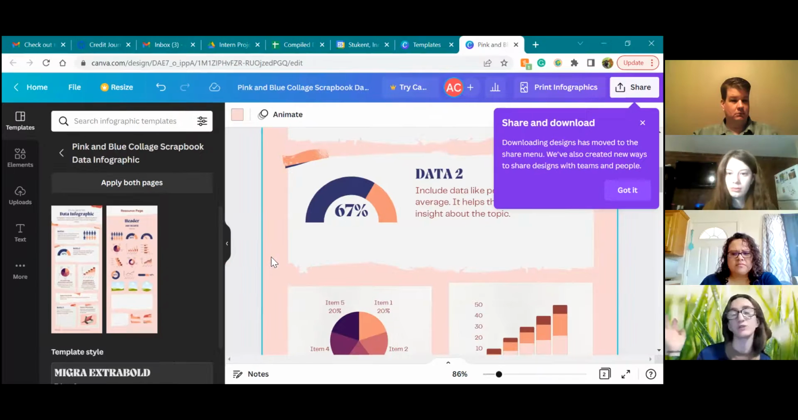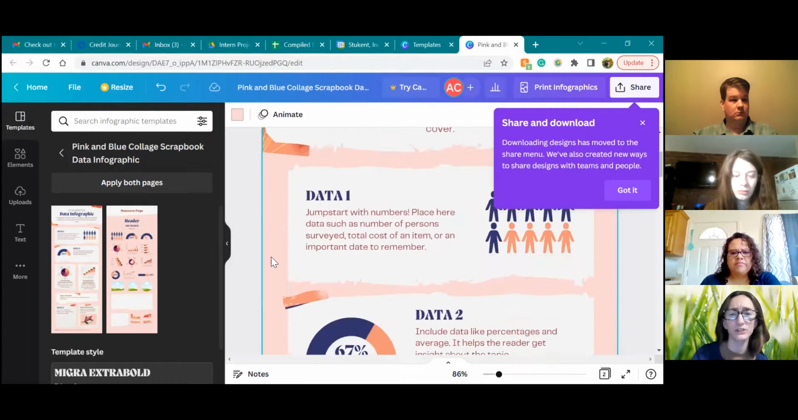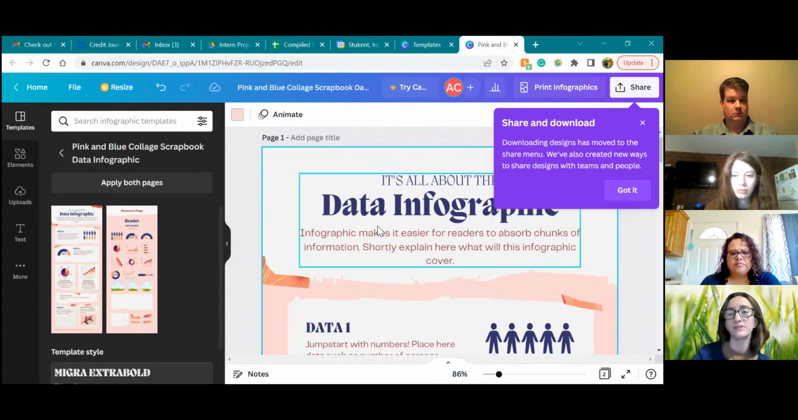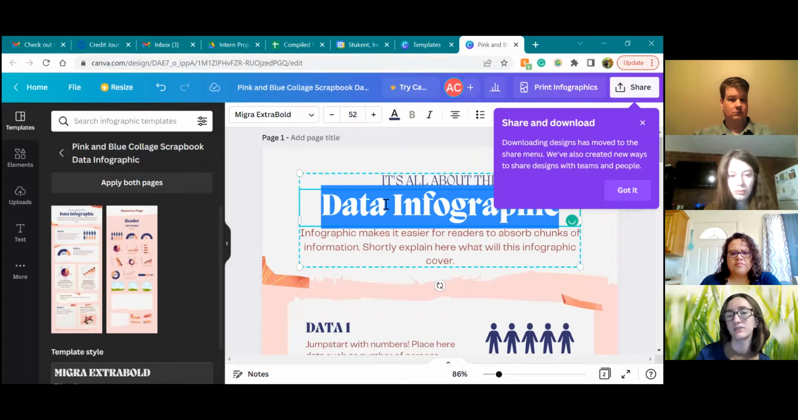Visually was the word I'm thinking of. It's a rule in newspaper. And so yeah, then you'll just click it and you just edit. So instead of saying data infographic, you would put